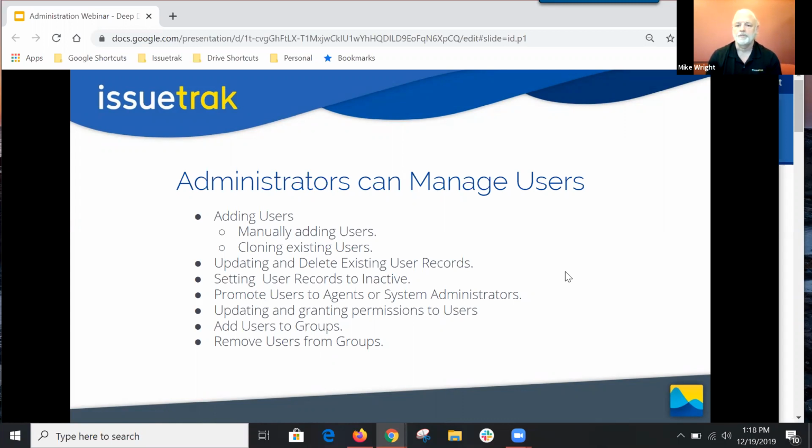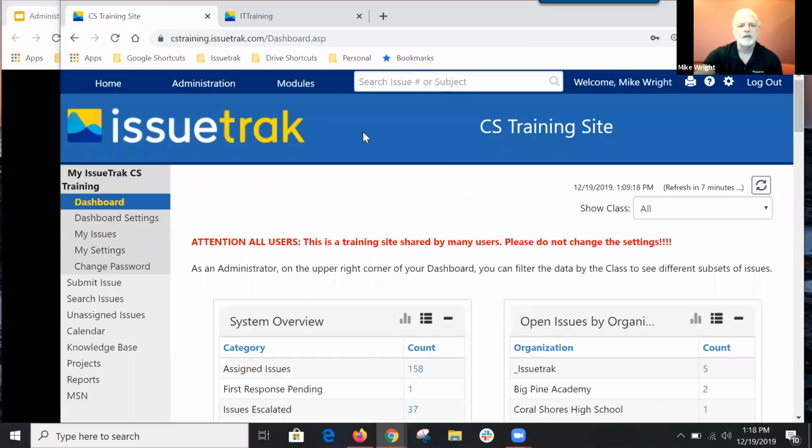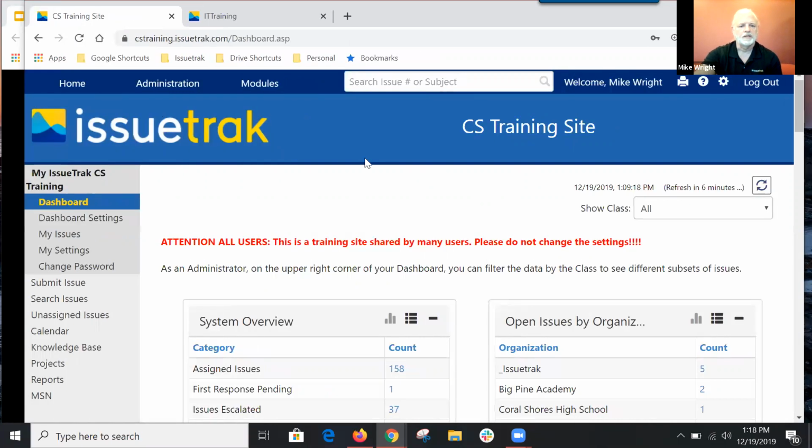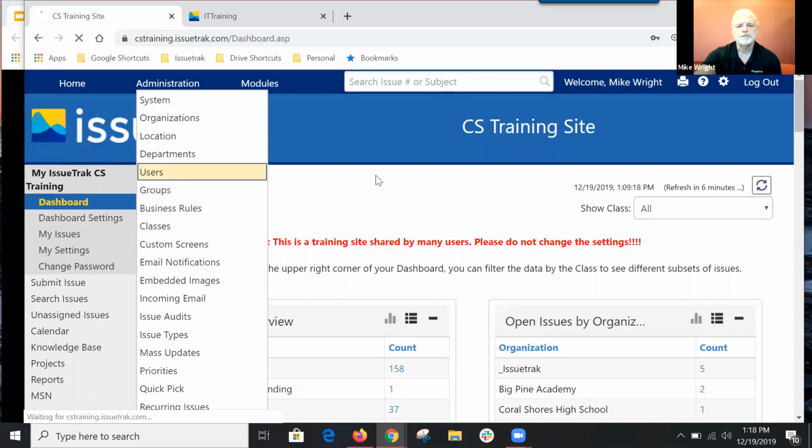They update and grant permissions to users, add users to groups, and remove users from groups. So let's take a look at that from a site perspective. In this particular site, this is CS training that we use. In this particular site, you go to administration, you go to users,